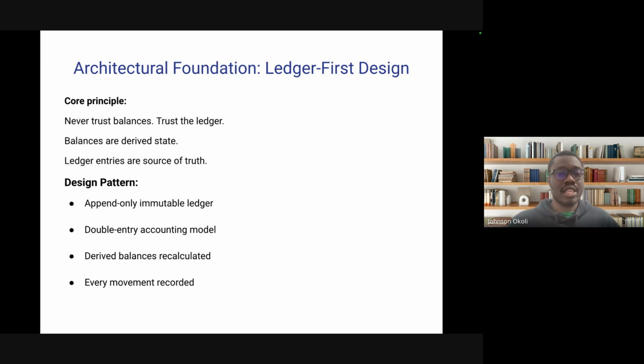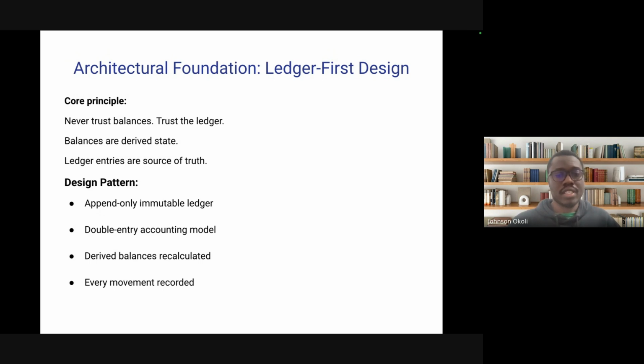You should make your ledger immutable, and a way to do that is to introduce a chained ledger. What that means is if any of those ledger entries is missing, the matching algorithm will not be able to match because the hash would fail. Then you should ensure a double-entry accounting model. What that means is for every transaction there should be a credit and a debit, and also a status to keep track of whether it's pending, completed, or still in progress.